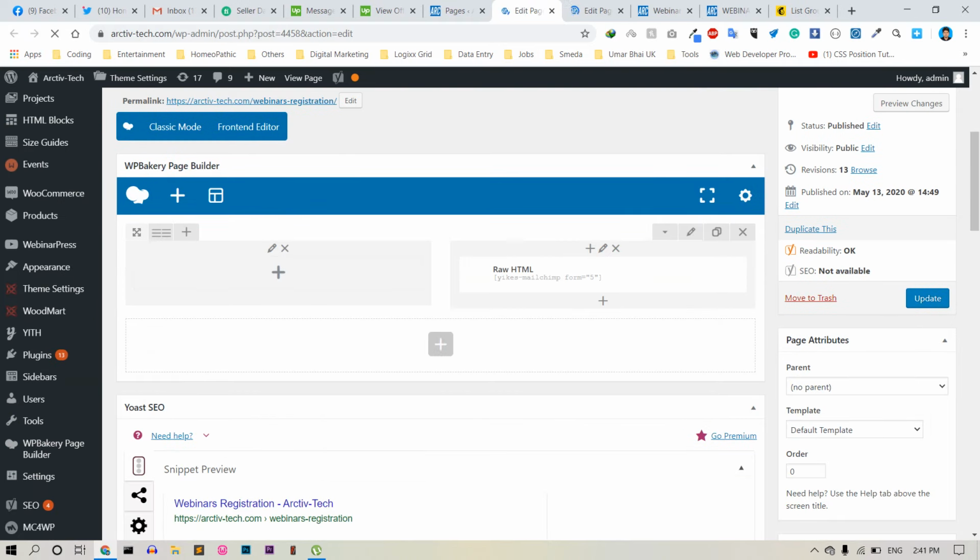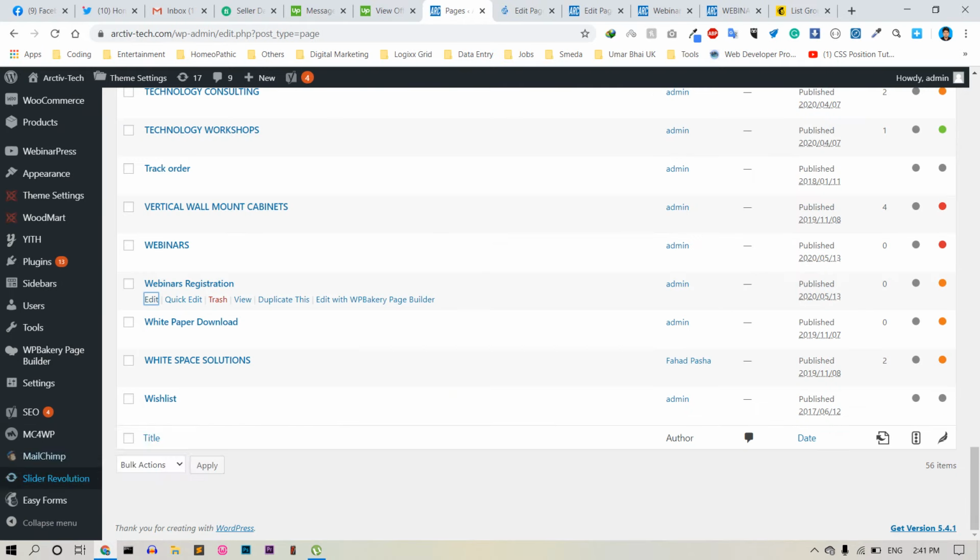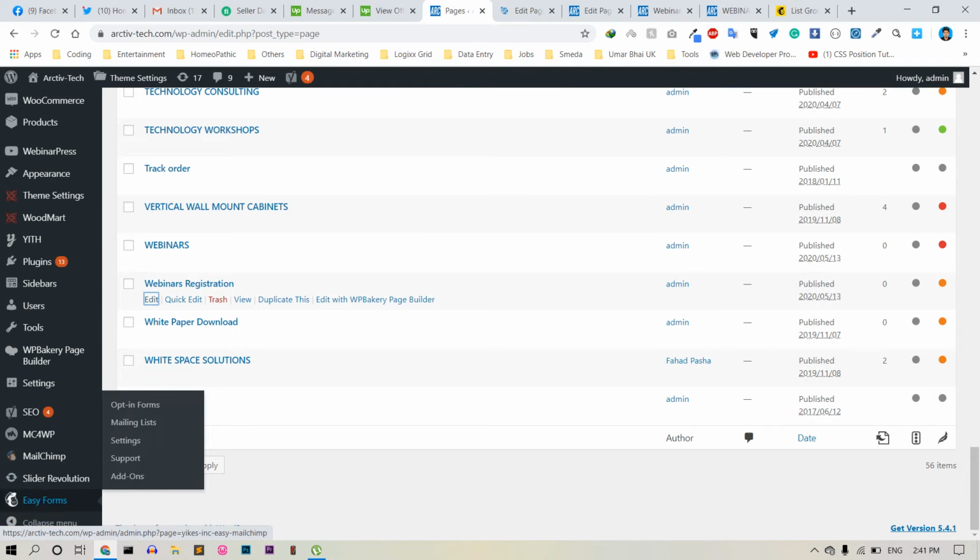So here is an Ajax Mailchimp form. So you need to edit this form, Mailchimp, and then Easy Forms. You need to go on Easy Forms, click on Easy Forms,